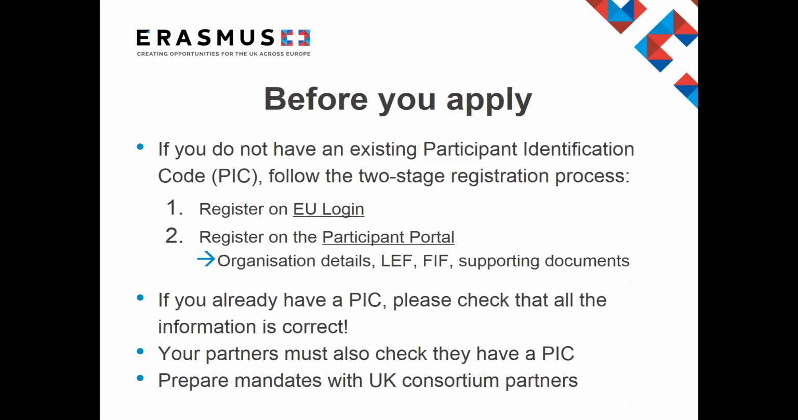Now, once you have decided on your Key Action 1 VET project idea, you have found partners and thought about how to address different European priorities, you will need to ensure that you have obtained a PIC for your organization before applying. This is a 9-digit participant identification code which is unique to your organization and will help you complete the application form. Also, you need to make sure that all the details of your organization are correct on the